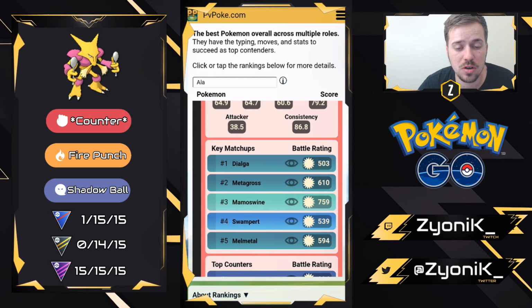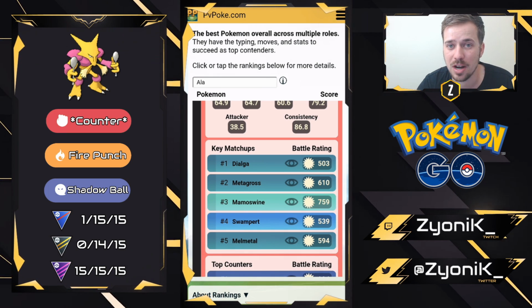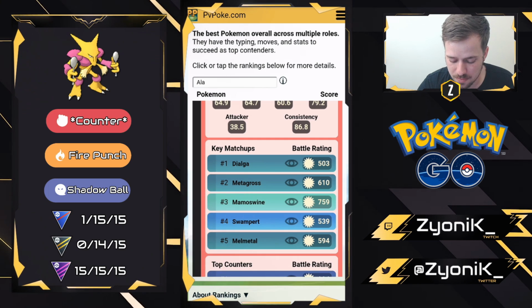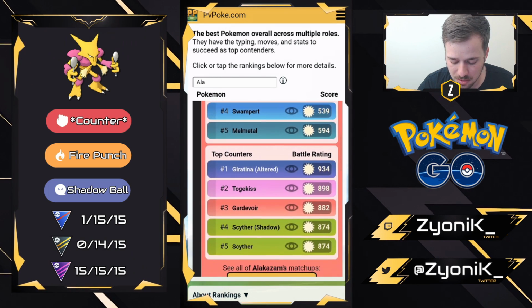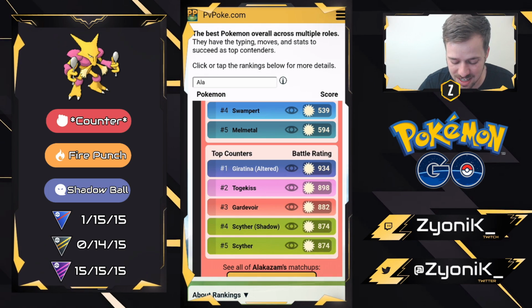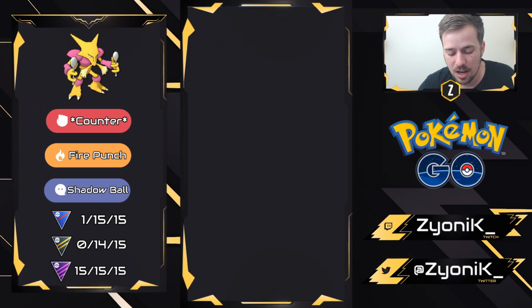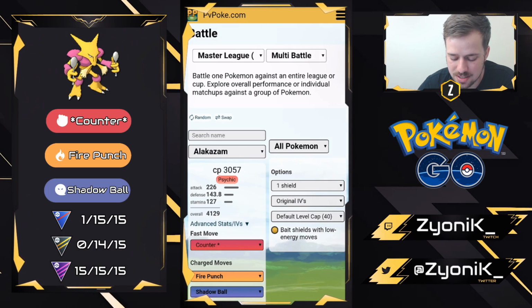So we have a new Pokemon that can handle these steals. It doesn't have to be maybe a Rhyperior or a Kyogre or a Heatran, for example. But again, you're losing hard to Togekiss, you're losing hard to Giratinas, which doesn't come as any surprise, but we're going to go ahead and check it out versus the Master League meta to see what other Pokemon